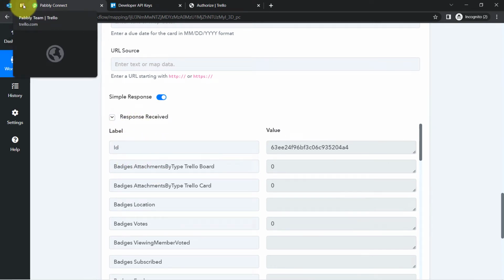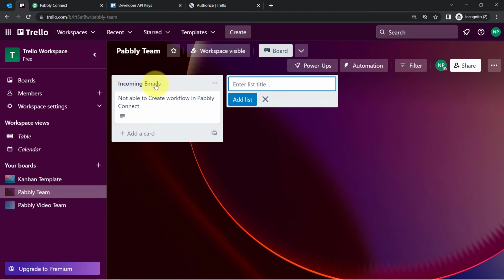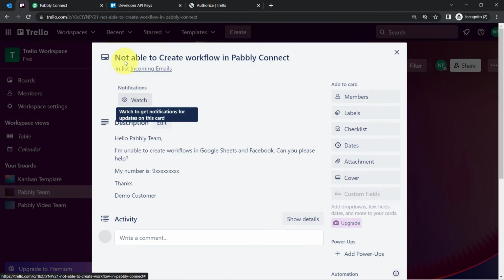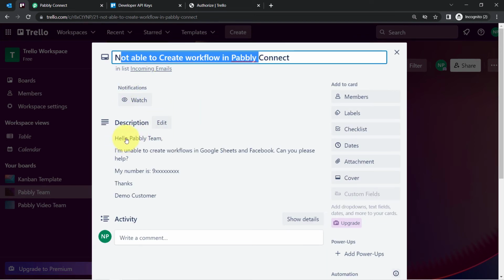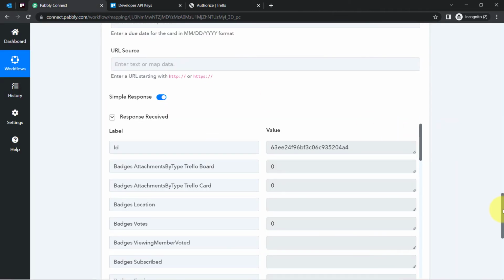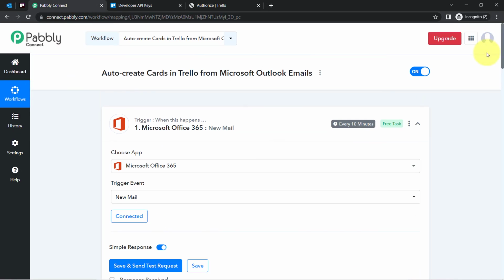Going back to my Trello account, under this incoming emails list, if I open that, a card has been created with the same subject line and with the same description. Okay, so this is how, from now onwards, as soon as someone sends any email inside the Outlook account, firstly that email will be fetched via Pabbly Connect every 10 minutes, because this trigger will check for the